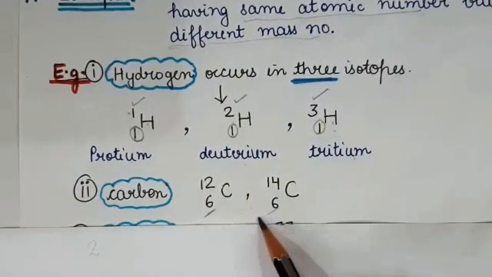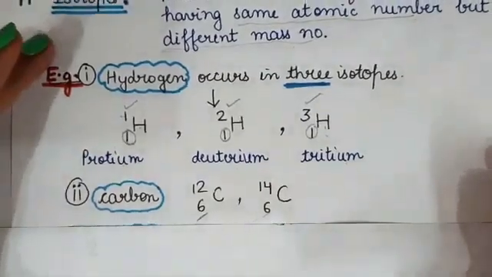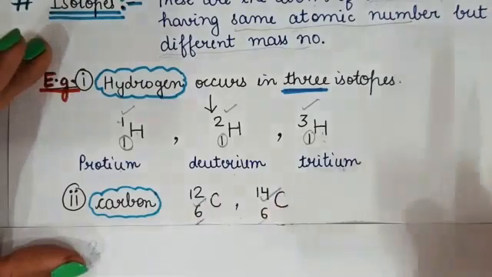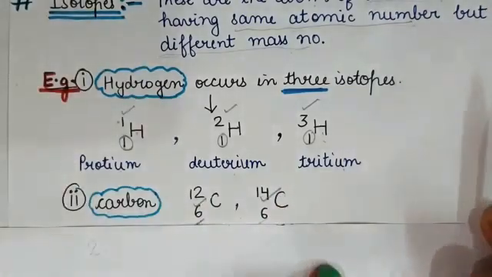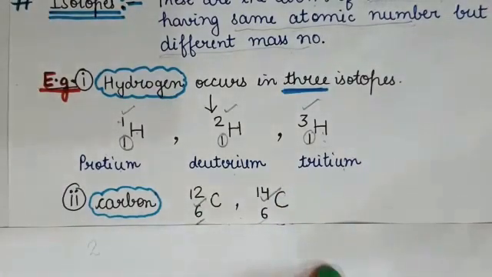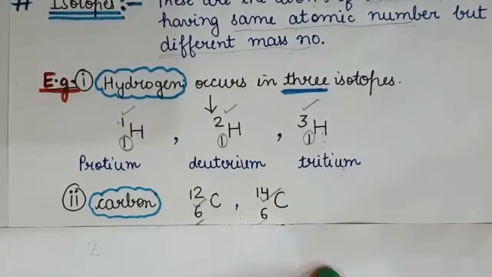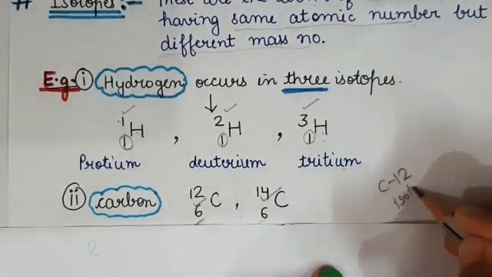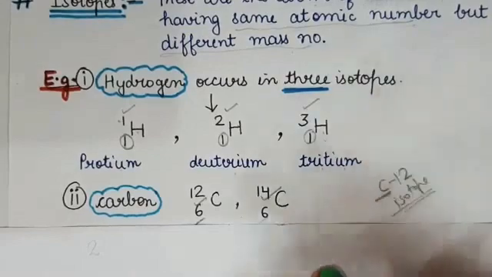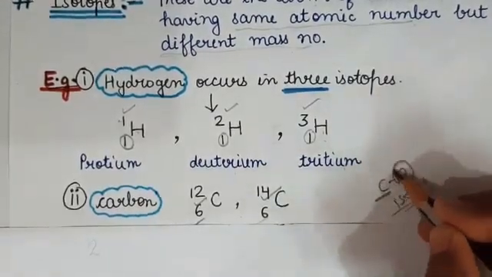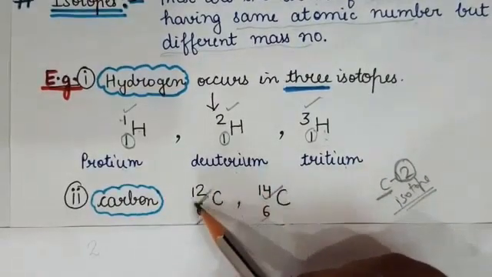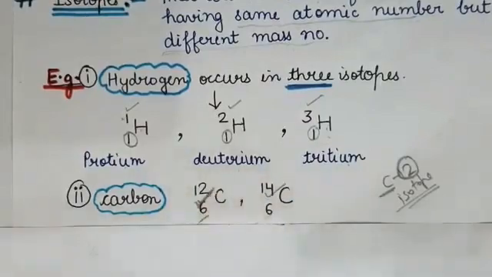Atomic number 6 and mass number 12 and mass number 14. Okay. You remember one thing? In atomic mass unit, I said that it is equal to 1/12 the mass of one atom of carbon 12 isotope. So which isotope of carbon? Which has 12 mass. Clear? So this one was considered in atomic mass unit.